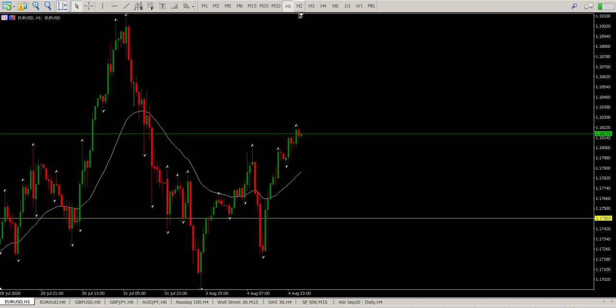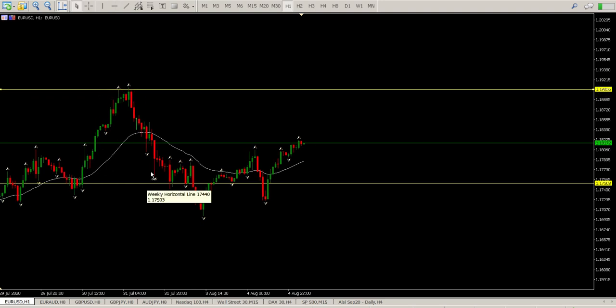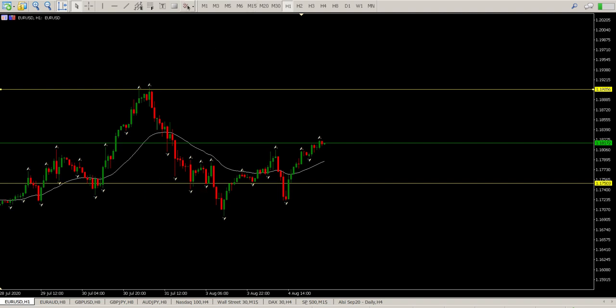So for me, I'm looking for structure again, and I'm looking for this move to continue, at least to come and retest these highs. So what structure are we looking for? There's a couple of scenarios that I'm looking for, and that would be the first one. Any kind of pullback into this area here,